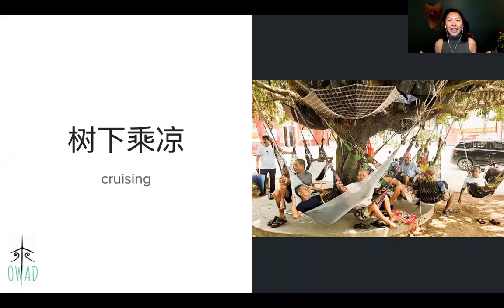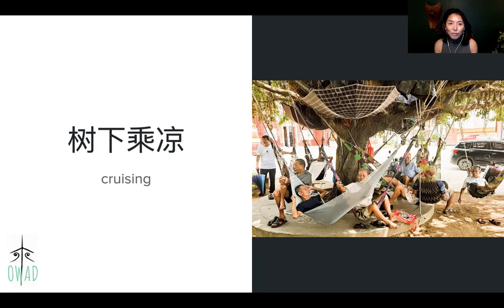Imagine in hot summer days, you have no air conditioner back then, right? What are you going to do to escape the heat waves in summertime? You're going to go under a tree, hanging out with your friends, and hanging out literally in a hammock. Look at this picture, grandpas. They are having a social as well as a cooling party under a tree. And this picture is a realistic depiction of how people are chilling under a tree.